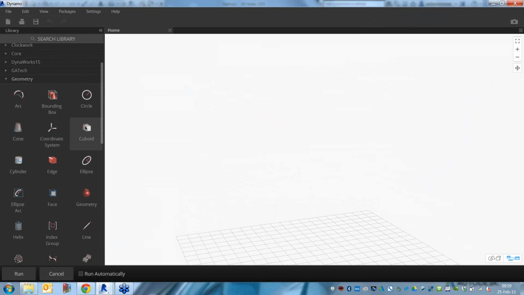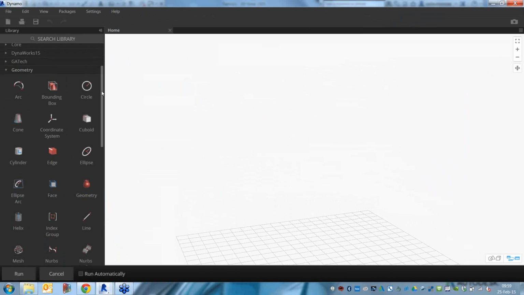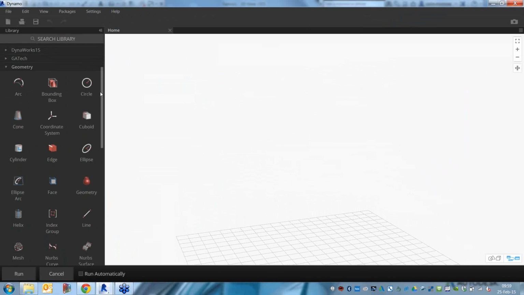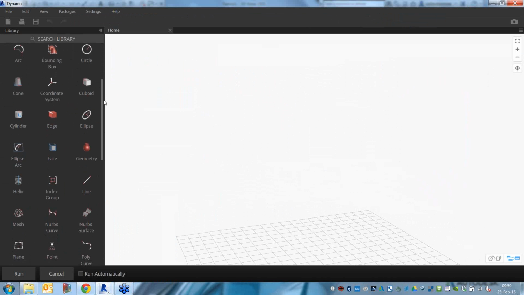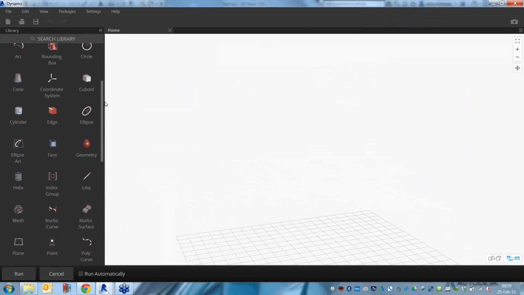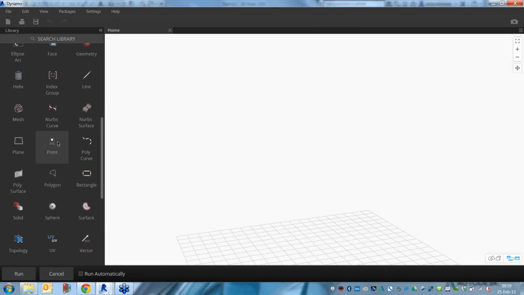The build I'm showing you right now is just a preview of what we're about to release in a couple of weeks, although this is also freely available online, and many users are following our daily build process. But this is one of the exciting additions we've had recently, to be able to bring much more color and icons and things like that to the library. But one of the things I want to show is, for example, how you would create a point, something very simple. So in the geometry library, I'm going to scroll down to point,